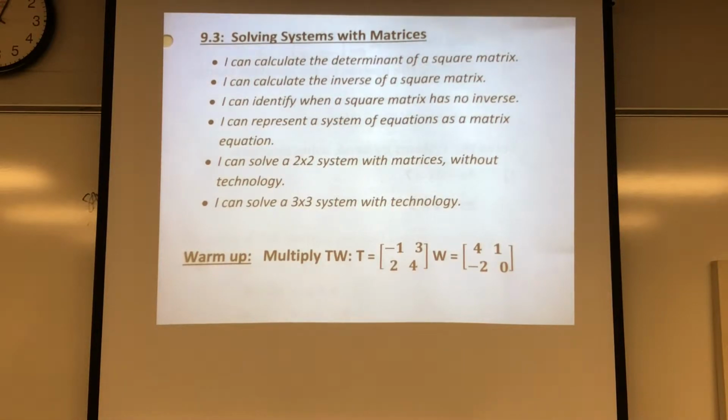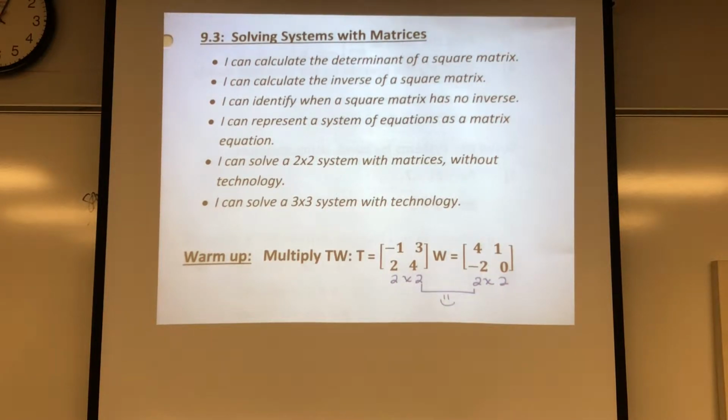All right, so let's start off with our warm-up. We want to multiply T times W, which is what we learned how to do in section 9.2. Remember that we always want to check the dimension, so how many rows by how many columns. This is a 2 by 2, and we're multiplying it times a 2 by 2. To check to see if you can multiply, you look at those middle numbers, and if they're the same, then